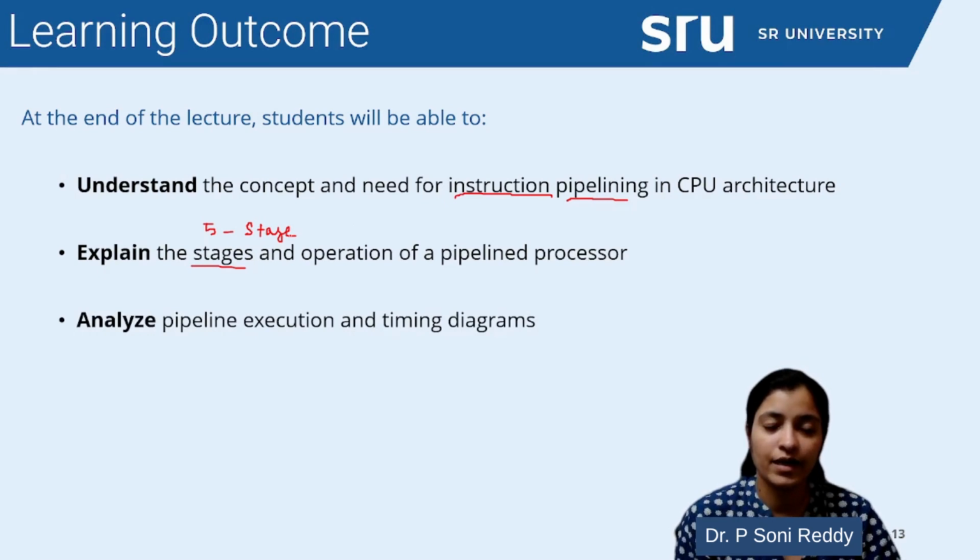We are going to analyze the pipeline execution for each instruction stage and how each stage can be overlapped with respect to the clock signal or in time. So in the CPU, a very important signal that we are going to use is the clock signal, for synchronization of different executions in the CPU. So here we are going to study specifically the timing diagrams to understand how each step can be performed with respect to time or with respect to clock cycle.